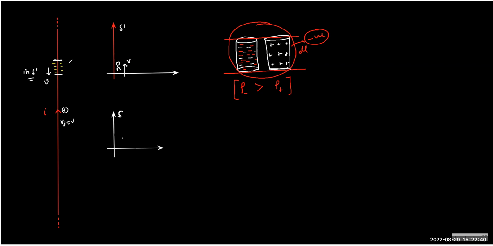So in S dash, the wire will appear negatively charged, and therefore the charge which is moving with velocity v will be attracted because of the electrostatic force. It is not the magnetic force, isn't it? And that is why we say that this is a very hypothetical scene in which I have taken the drift velocity as equal to v. If it is not